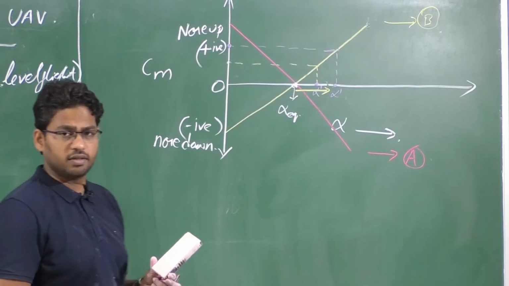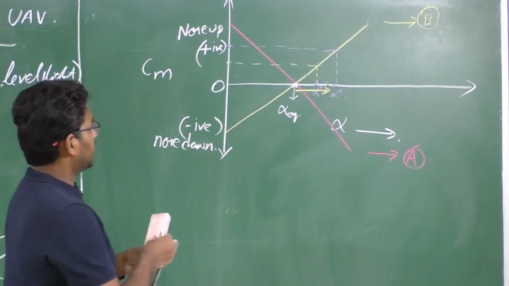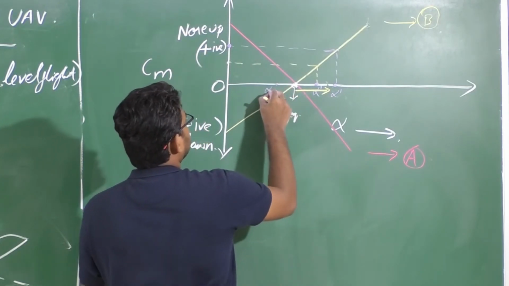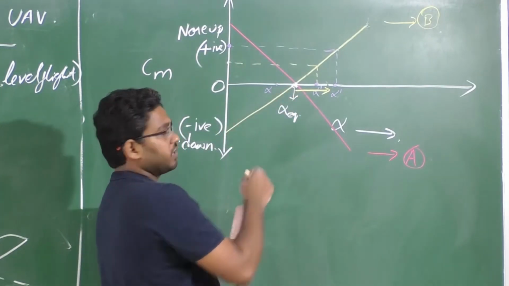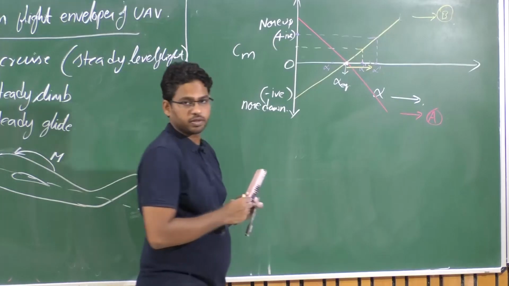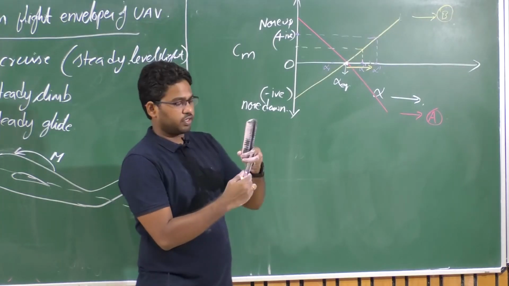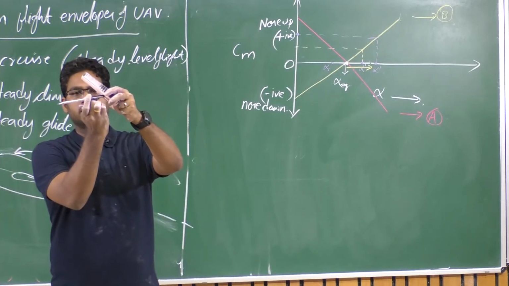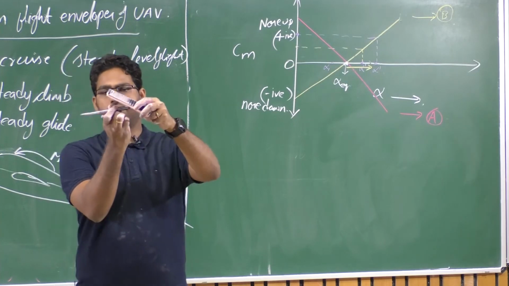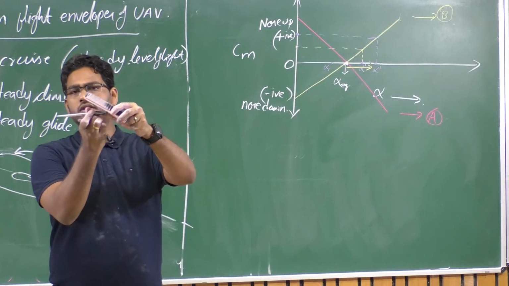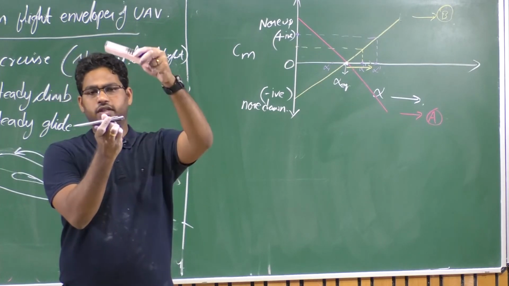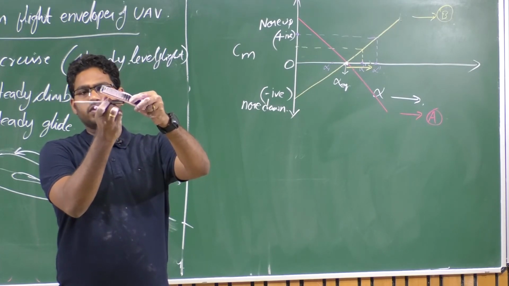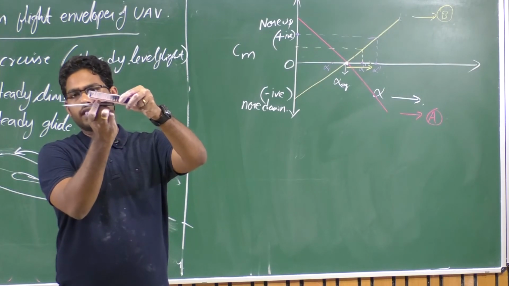And on the other hand, otherwise if the disturbance reduces the angle of attack, say alpha subscript 1, for example, if this paper cutter represents the free stream velocity, and my orientation with respect to this represents the angle of attack, the duster's angle with respect to this free stream velocity is the angle of attack. Now this has reduced the angle of attack. So the disturbance now reduced the angle of attack here.